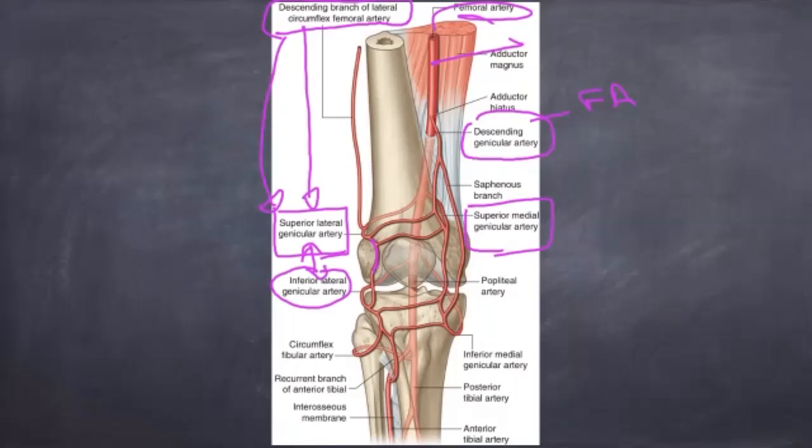And also articulates with the superior genicular artery. You see, this one is with the superior genicular artery, right? In the same fashion, descending genicular artery also articulates with the... you see, the descending genicular artery of femoral artery has two branches, saphenous branch and articular branch. Okay, articular branch. So superior medial genicular artery articulates with the articular branch, right? You see.